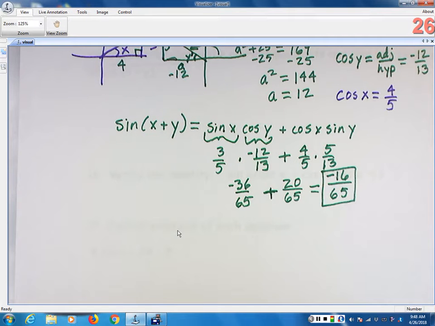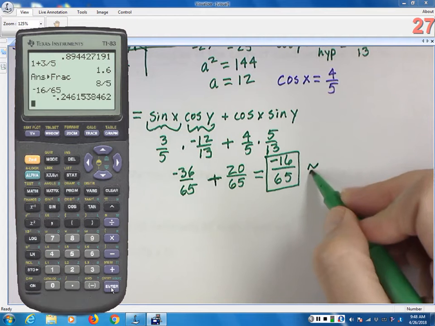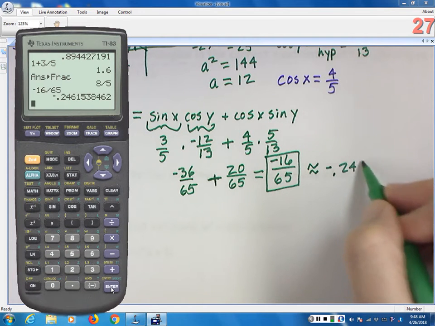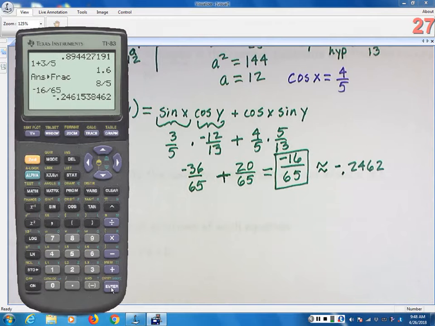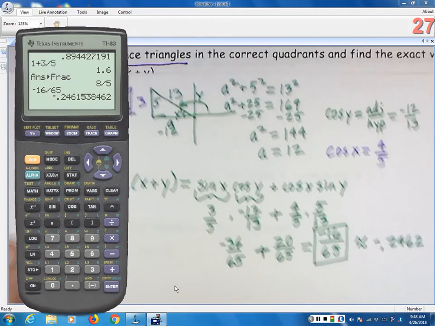I want the exact answer as a fraction. What is that to an approximate number? Negative 16 divided by 65. So it's approximately, this is not part of your answer, but this is how you can check your answer on the test. 0.2462. Okay, so how can you check your answer with the calculator? Simply